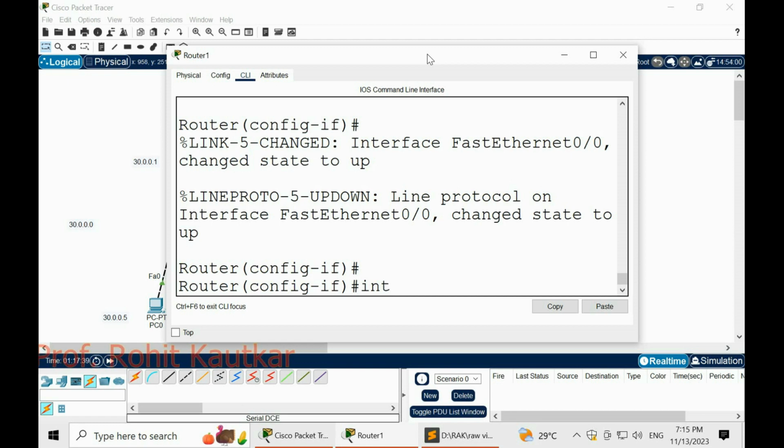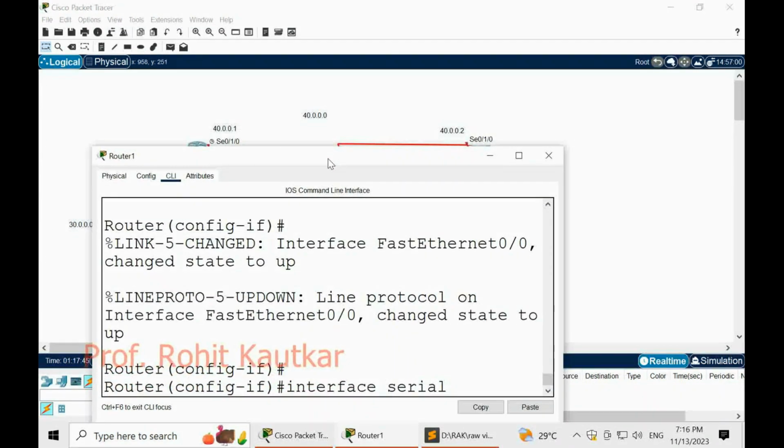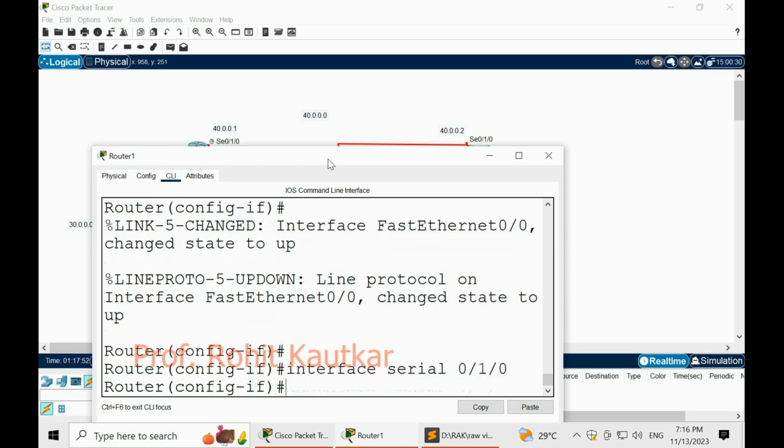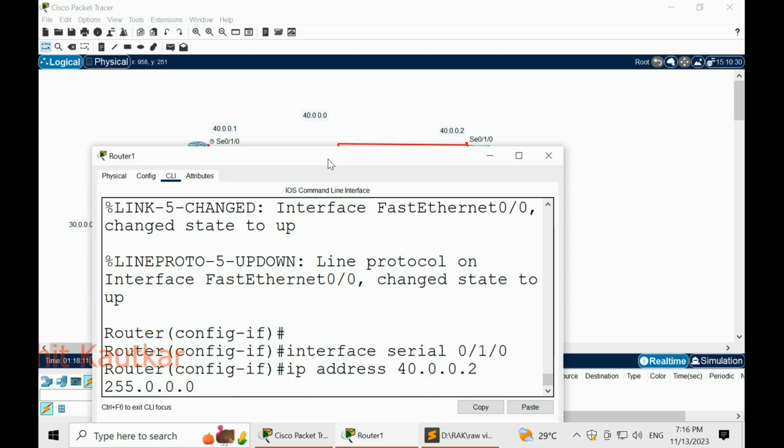Now quickly I will configure another interface we have, the serial interface. So here we will type interface serial 0/1/0. Now specify IP address 40.0.0.2 and specify subnet mask 255.0.0.0.